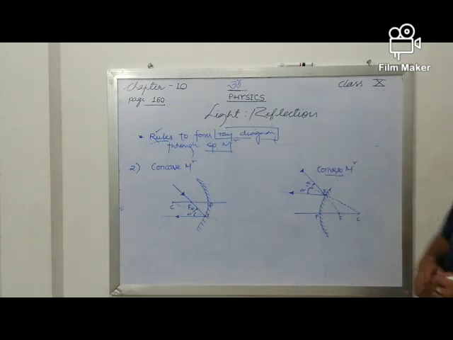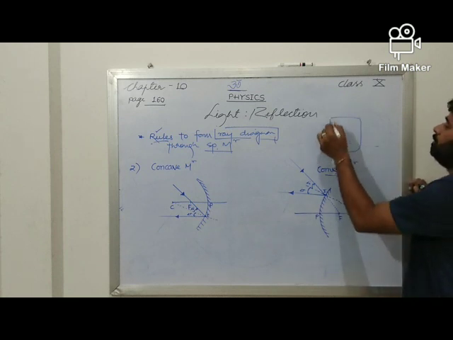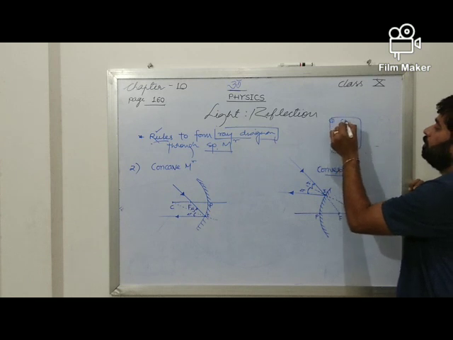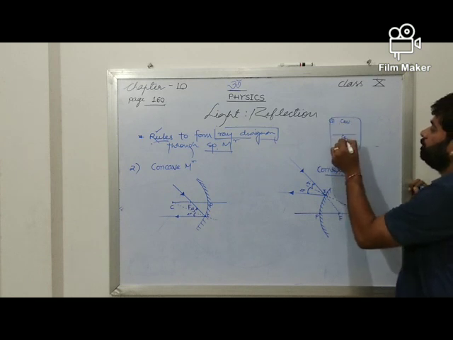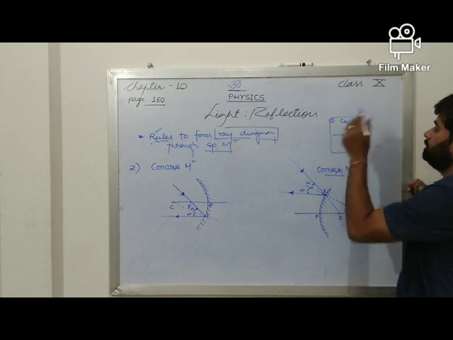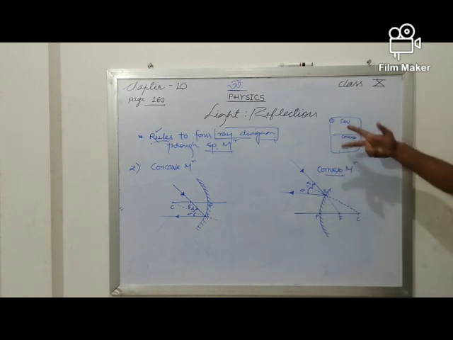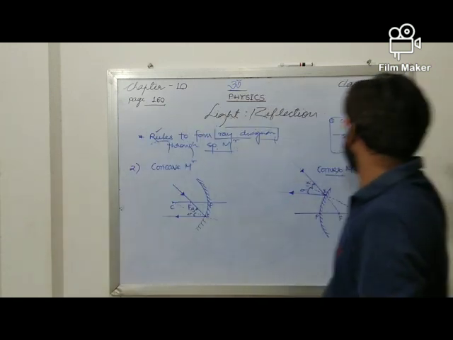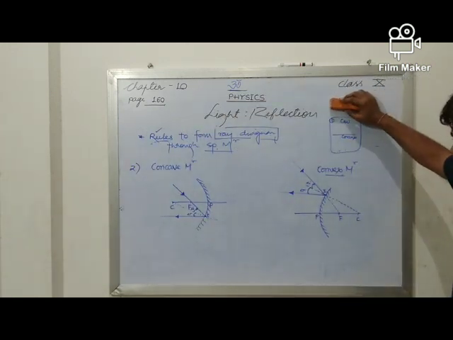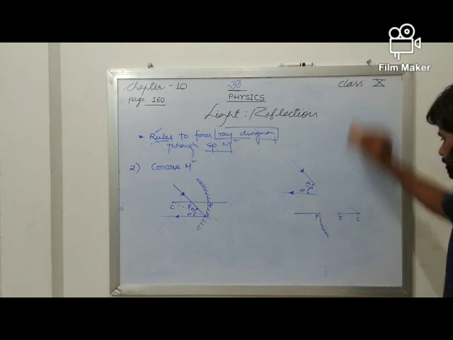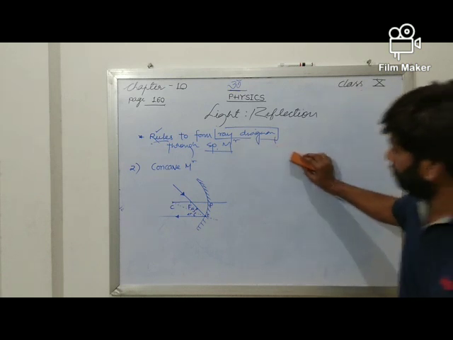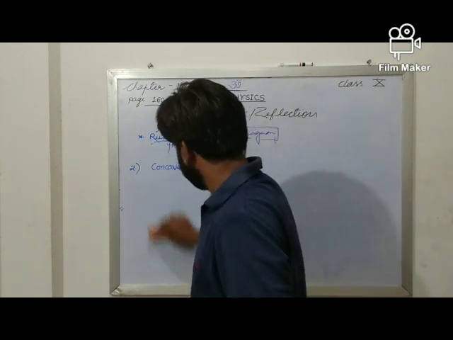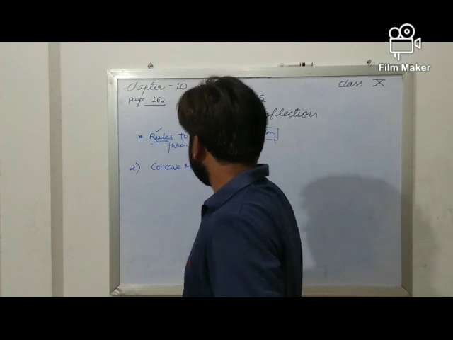Now see how to write them on one page. You may have two parts: rule number 1 for concave and then for convex. In one page you may have both the parts. Rule 1, 2 and 3. Now this was rule number 2. Let us see rule number 3.